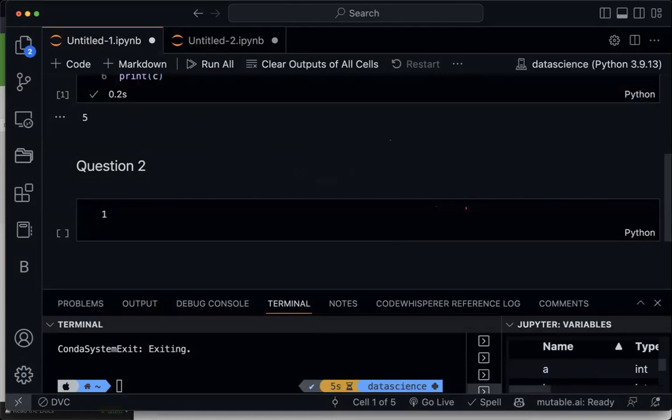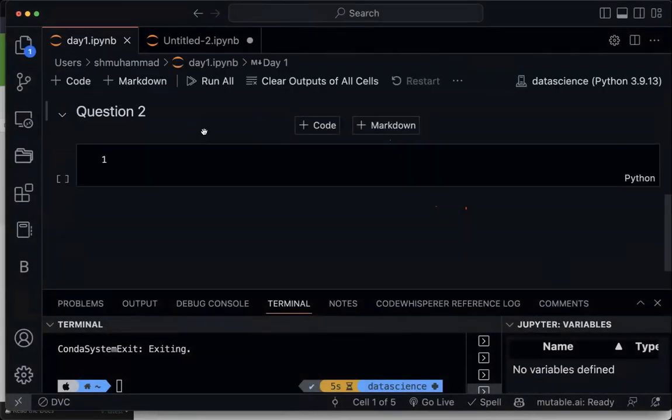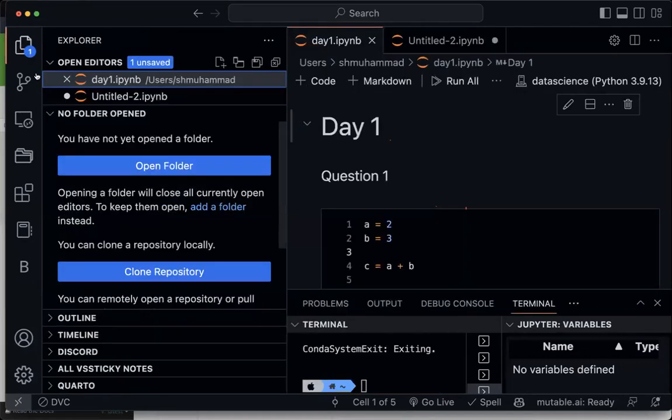Okay. So I click save. I saved it as D1. I didn't save it correctly. So you can see I have a file called D1. I have D1 here, right? Now, this D1,